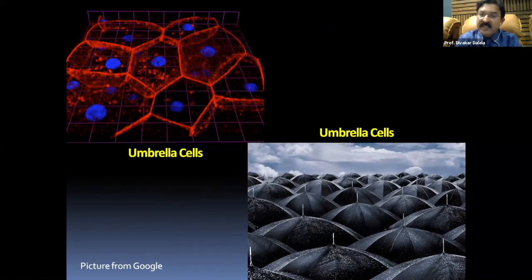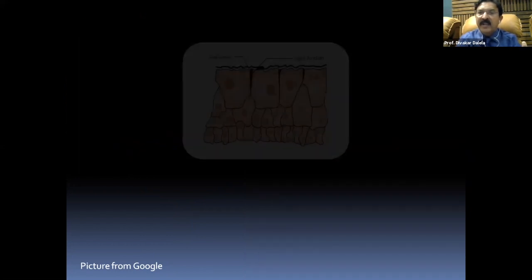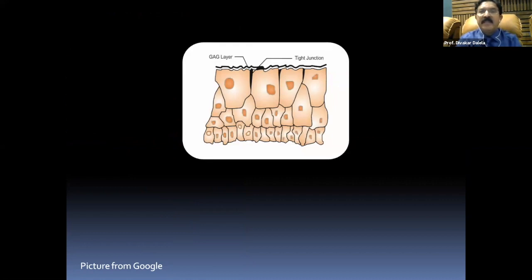When you go out in rainy weather and if it rains heavily, raindrops fall on an umbrella, the umbrella has a coating over it. The raindrops fall, the shape of the umbrella is such that the raindrops will fall and they trickle out. In the same manner, nature has given us the lining cells of the urinary bladder called umbrella cells. Over them, they have a lining, what is called the GAG layer medically, glycosaminoglycan layer medically, and the cells look like umbrellas. They're shaped like umbrellas, so that if bacteria wants to sit over it, bacteria wants to get attached over it, it slips down its slippery surface.